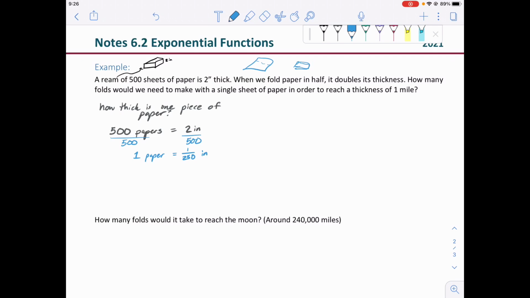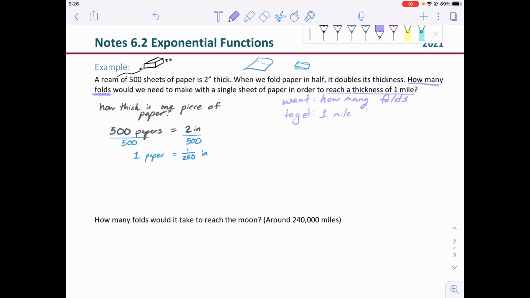So we want to know how many folds we need to make with a single sheet of paper in order to reach a thickness of 1 mile. So what is the question asking? How many folds? That's what we want. How many folds to make with a single sheet of paper in order to reach a thickness of 1 mile? So we want how many folds to get